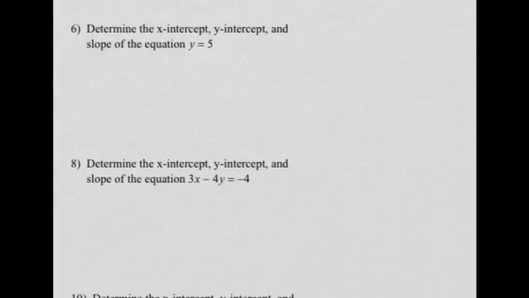Alright, let's try another example. Okay, again we want the x-intercept, the y-intercept, and the slope of the equation y equals 5. Well, in the equation y equals 5, let's remind ourselves what this looks like. This simply says, here's our x-axis, here's our y-axis, that this line crosses where y equals 5. So if 2, 3, 4, 5. So if we say y equals 5 here, this just has this horizontal line drawing through it,